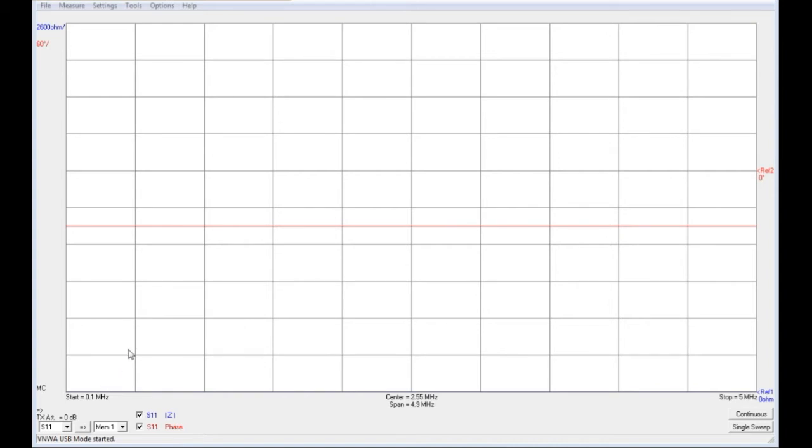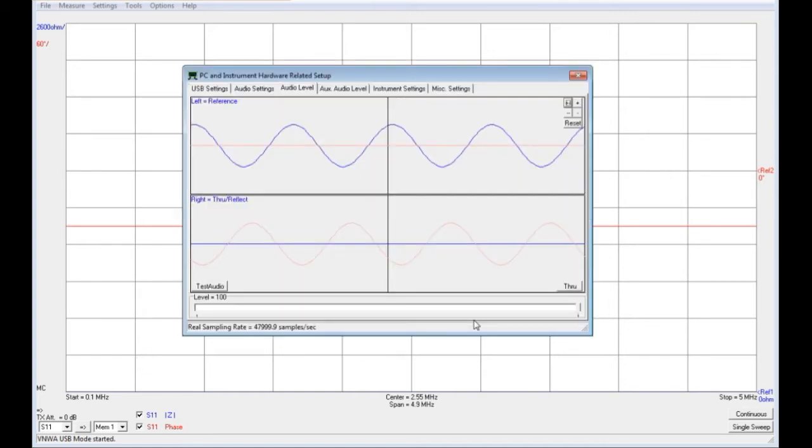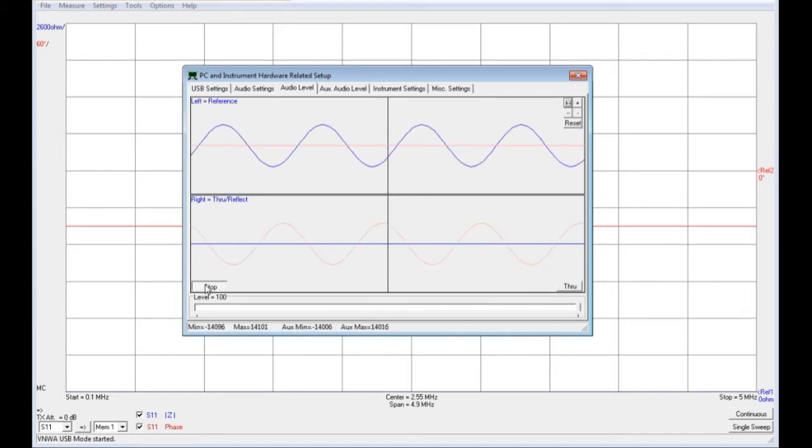So first of all, when I first open the software, I check in the setup. There's a warning about if you change things in the setup, then it may affect your calibration. I go to this screen, which is the audio level tab, and we can see there the audio signal. I just test that, and both of those should have the sine wave as it's shown, and they're just gradually either processing downwards or staying still, but we can see that they're being updated. So that shows that the VNA is connected, the drivers are working. Stop that, close that,